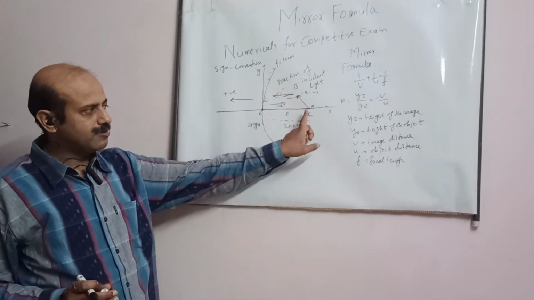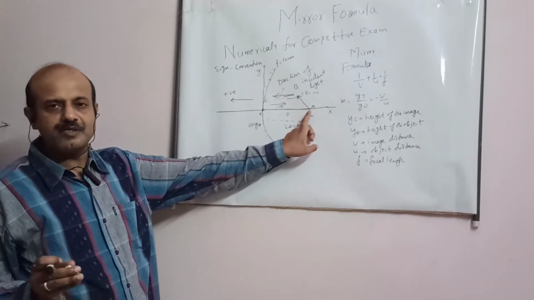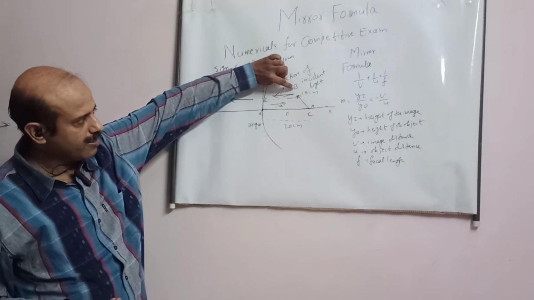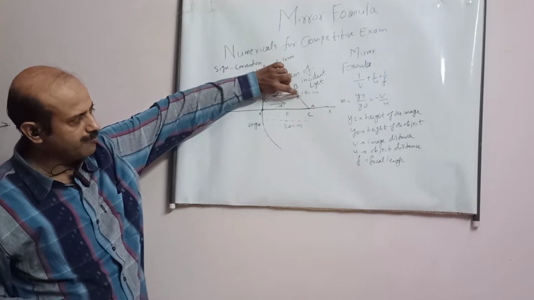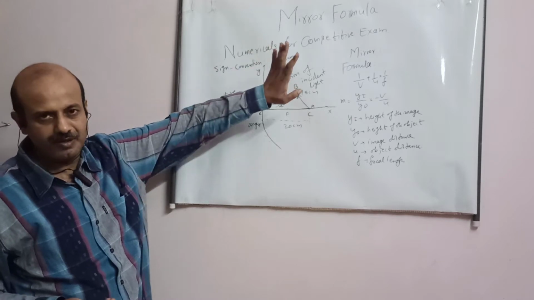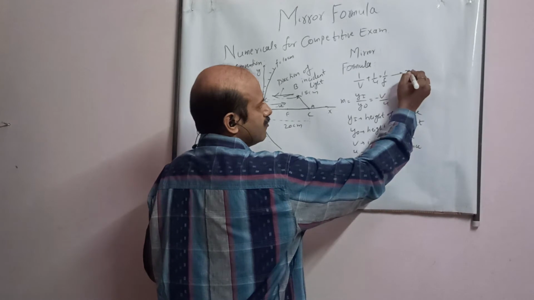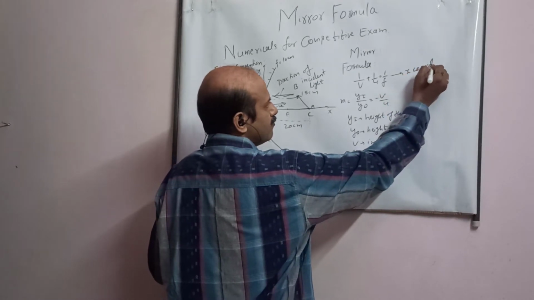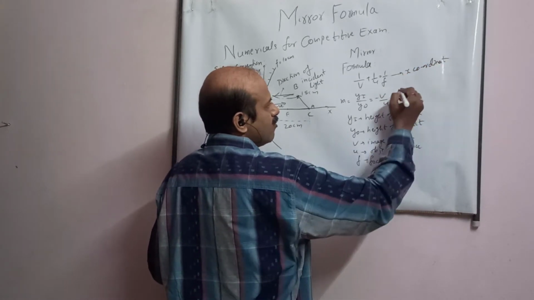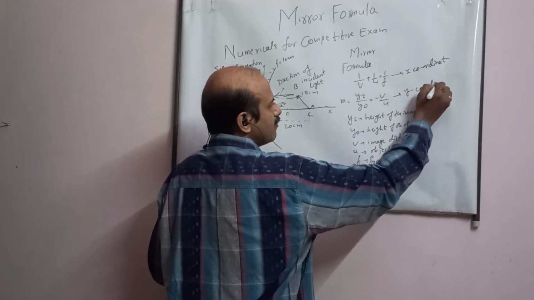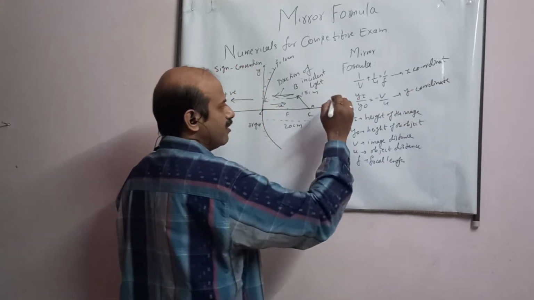Okay, student. So the object is on the principal axis, and the image is also on the principal axis. But now I have to trace this part where I have written B, the image of this. So this will have an x coordinate and a y coordinate, student. The x coordinate will be given by this formula. The y coordinate will be given by this formula. Given means I have to calculate here.